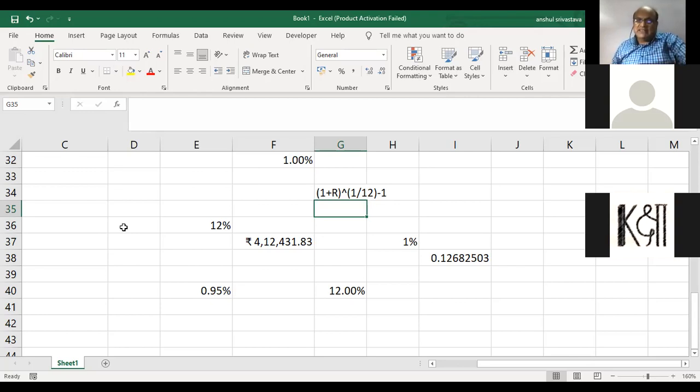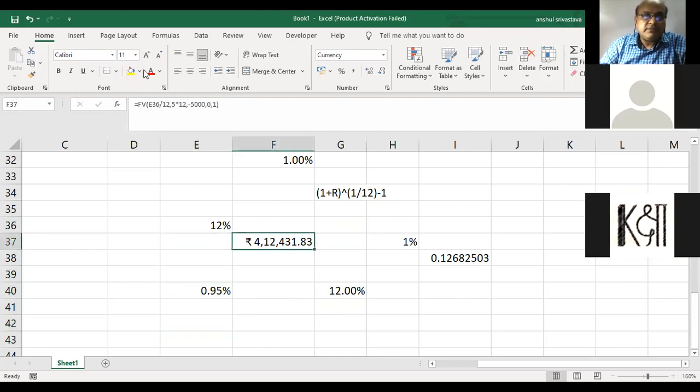As a layman investor, if you tell him he'll get 4,12,431, he'll be okay because they will not know. But as a financial professional, this difference matters. So if any more clarity is required in this scenario, please ask me. So the actual amount would be now say this. This is wrong for a mutual fund calculation. The actual calculation should be like this.